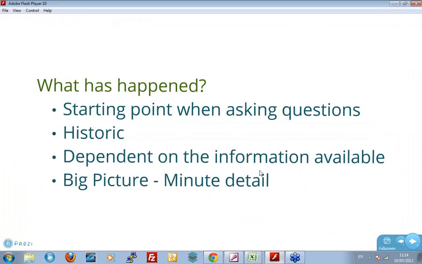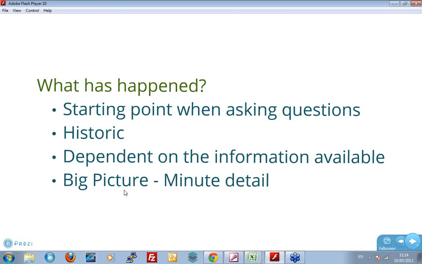With these what has happened reports, they're quite good in terms of giving you big picture information, but you can drill into it and see minute detail. So other activity reports I might have might say, okay, what happened yesterday? I want to see all the detail as to what was spoken about. When I ran a recruitment team, I used to run activity reports every day. One, it gave me a sense of what was going on, but it also meant that the team working for me had a sense that I was looking at what they were doing. And so it tended to make people focus on what was going on. I used that to have conversations with people, so if it wasn't on the piece of paper in front of me, then it didn't happen.